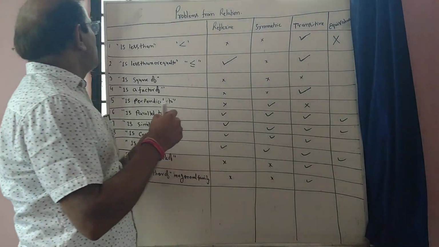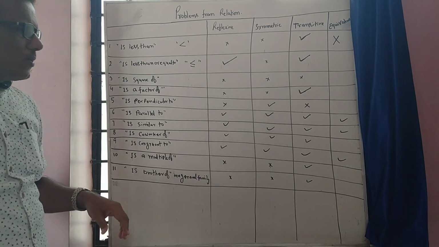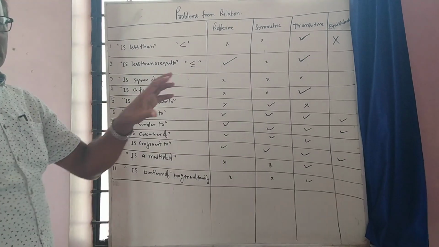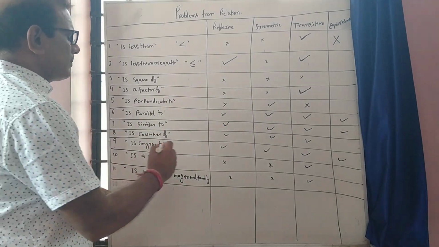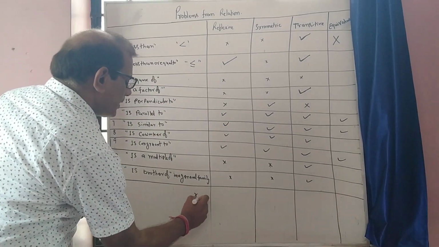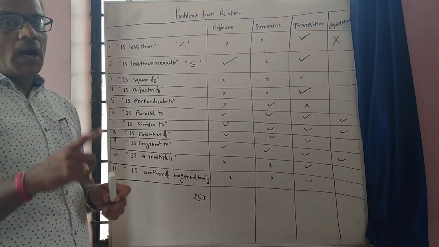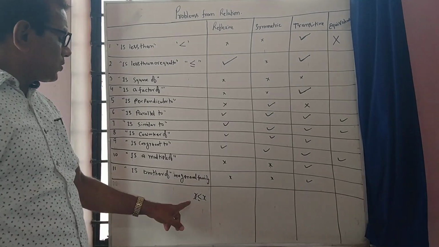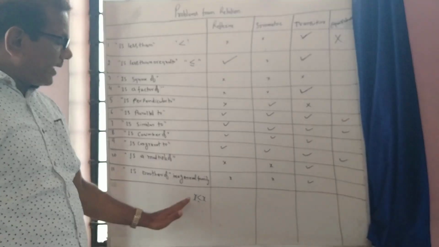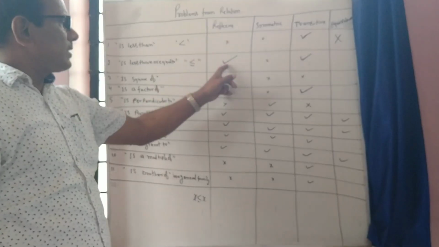Okay. Coming to less than or equal to: either less than or equal to. Any number is less than or equal to the same number: x is less than or equal to x. It is true. 2 is less than or equal to 2. Out of that, either less than or equal to, one should be true. Which is true? Equal to. So therefore, x is less than or equal to x is a true relation. So therefore, it is a reflexive relation.